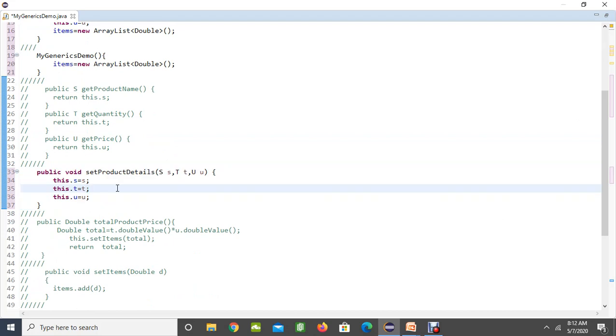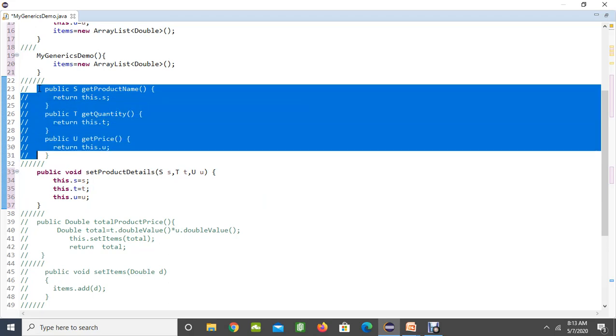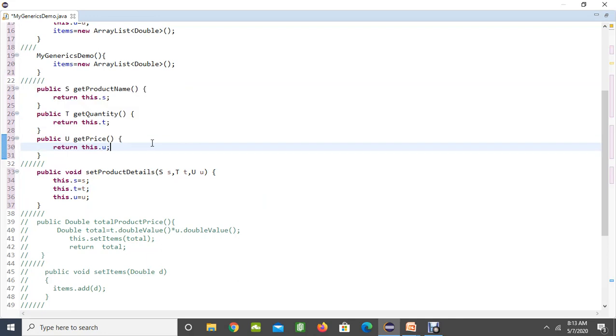Since our variables are private, we cannot use them directly in other classes. If you want your values to be changed, you should provide setter and getter methods to the user, so the user can use your variables. So here I have provided set methods for product name, price and quantity, and I am also going to provide getter methods for each individual item where they can get the values individually.